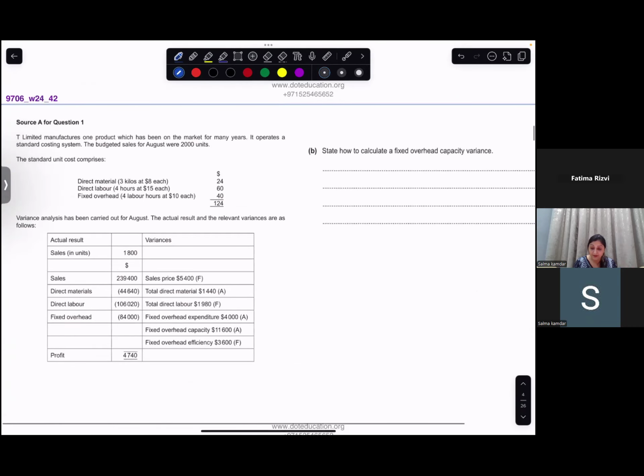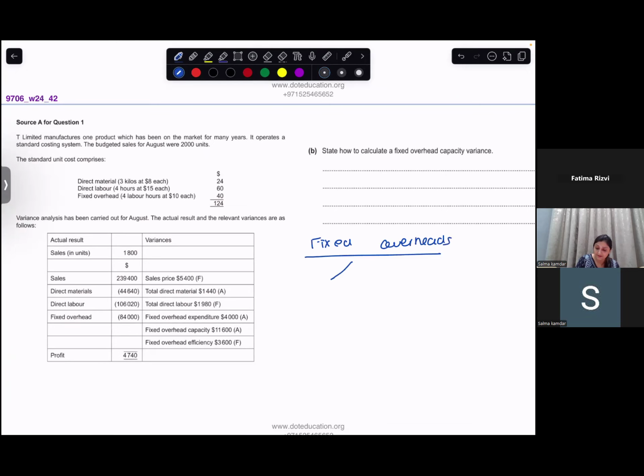Now, what is a fixed overhead capacity variance? You have known about fixed overhead variances. Fixed overhead, we had two variances, right? Fixed overhead volume variance and fixed overhead expenditure variance. Fixed overhead volume variance is what? Standard quantity for actual production minus actual quantity for actual production